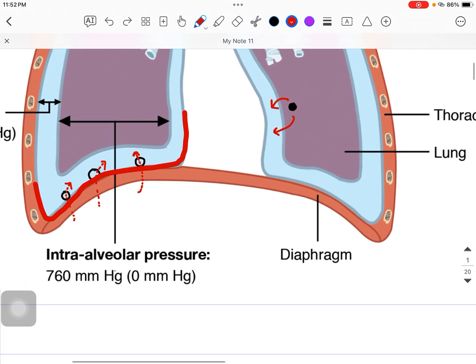So here I am showing that these are some of the subpleural foci. So if they rupture, then obviously some amount of fluid can come through these subpleural foci